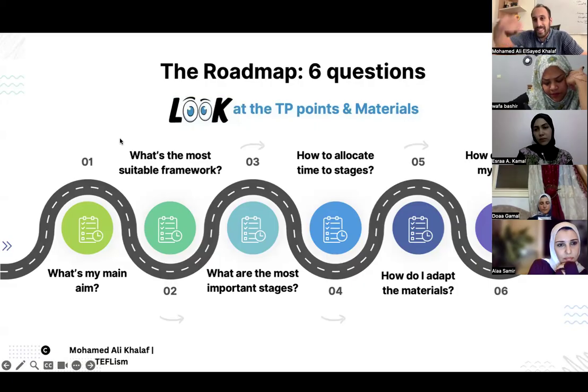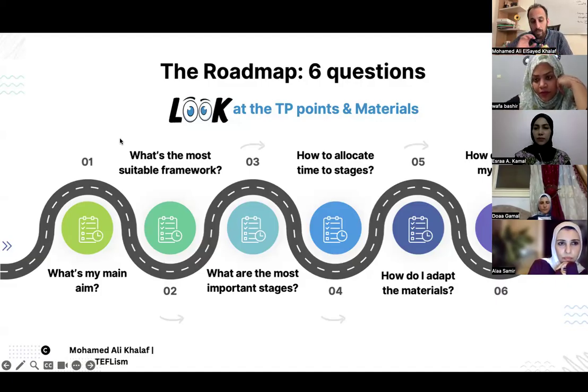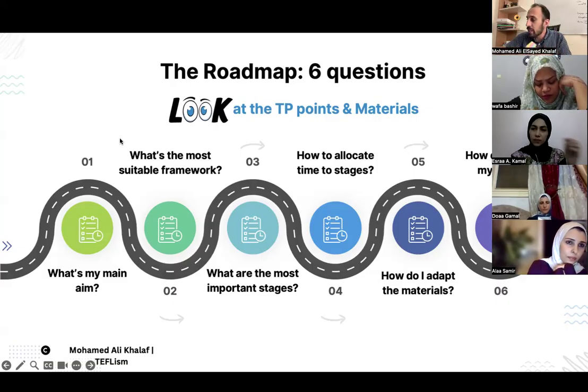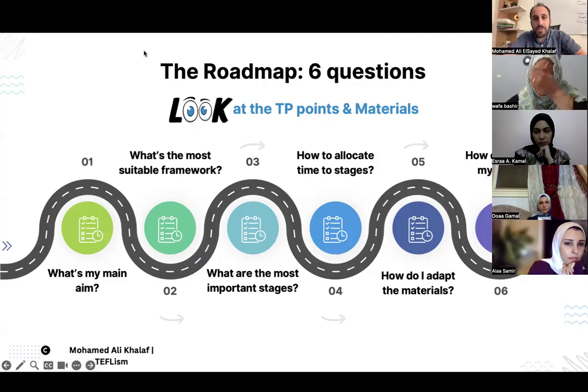You can write them down on a sticky note. For every lesson, before each lesson plan you're going to write, you can write these six questions on a sticky note. Once you finish one, you can just tick it or cross it out.